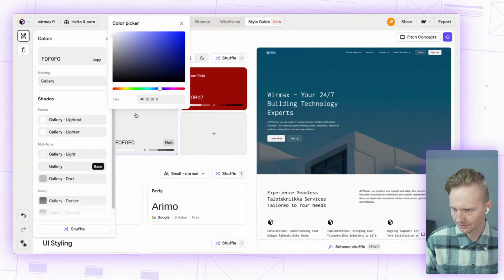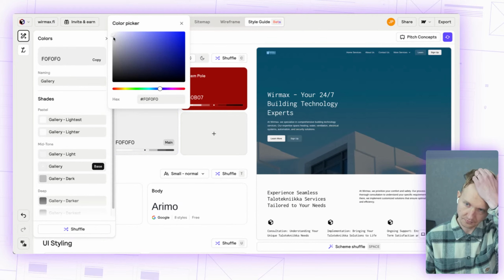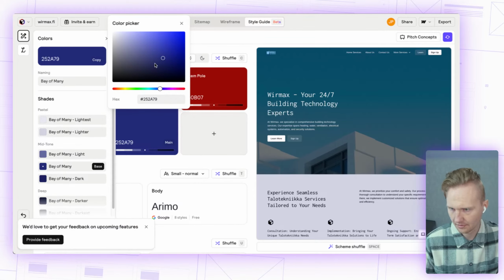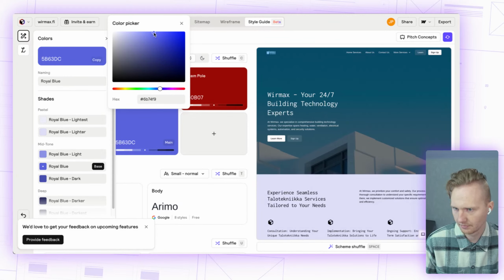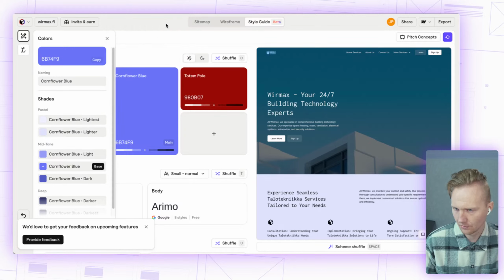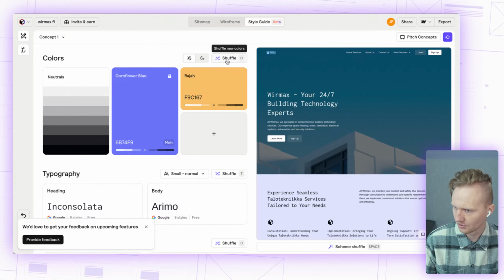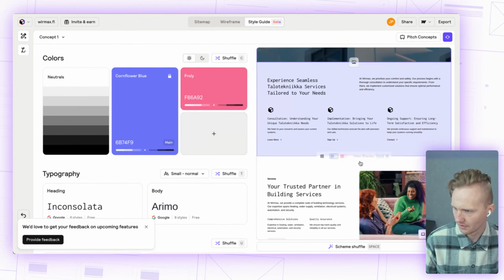And you can see it already knows how to use the text on these shades. So what kind of blue am I gonna choose? Let's go with that one. In real life, I probably use a bit more time with that. So cornflower blue, I click the lock button, and now I'm just shuffling the other shade